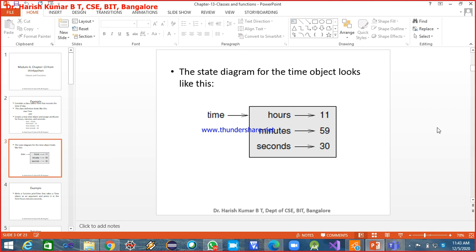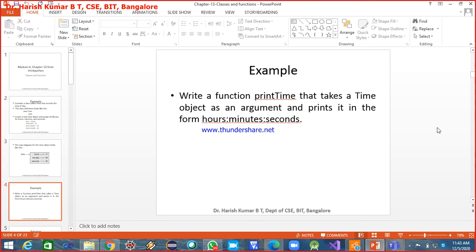So this is the example which we are going to see now, and understand the differences between the pure functions and the modifier functions. Okay, these are all the things we understood yesterday.